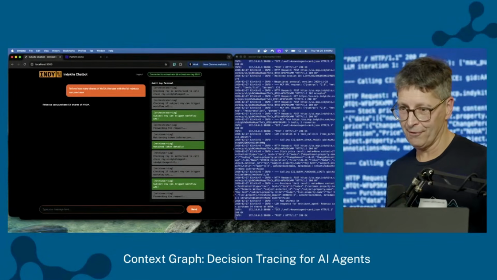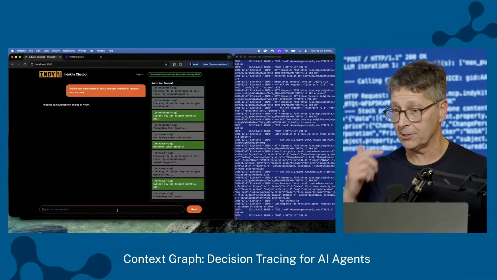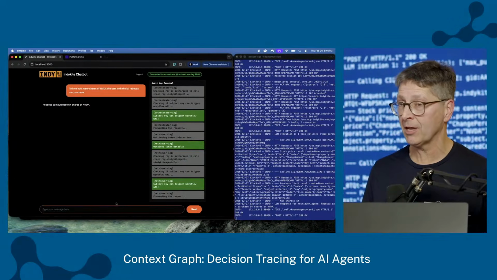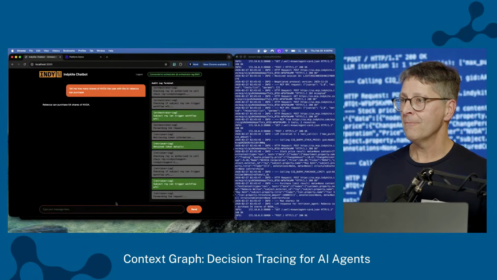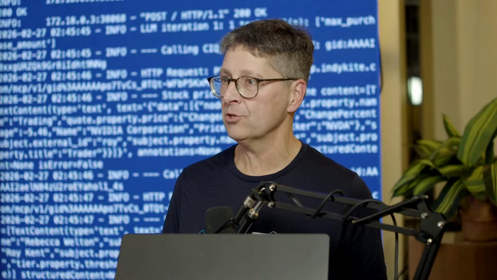So that's one call that the MCP server is making. The other call is to see what Rebecca's limit actually is. And then it's just dividing through by the share price. I can see now that Rebecca can purchase 54 shares in NVIDIA. When I ran through this demo this morning, Rebecca could only purchase 53, so she's much better off. Anyway, these are fairly contrived examples, but one thing I wanted to show is that even though Roy and Leslie work for the same company and have worked with the same customer, their contexts in dealing with her are different, and the MCP server respects that.